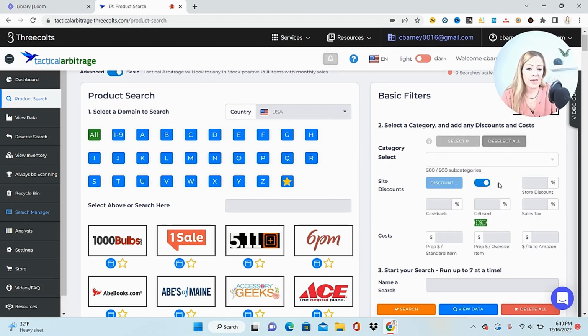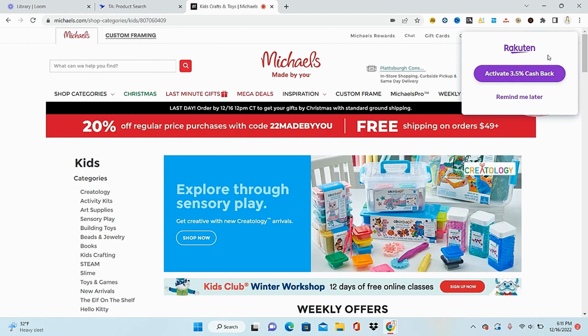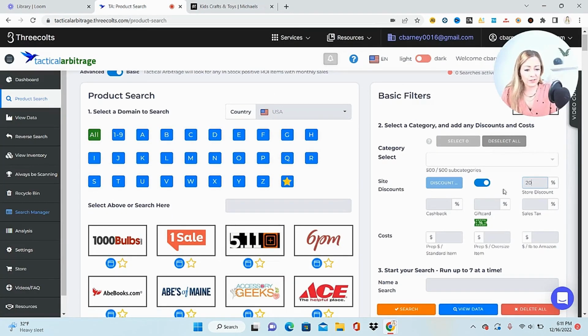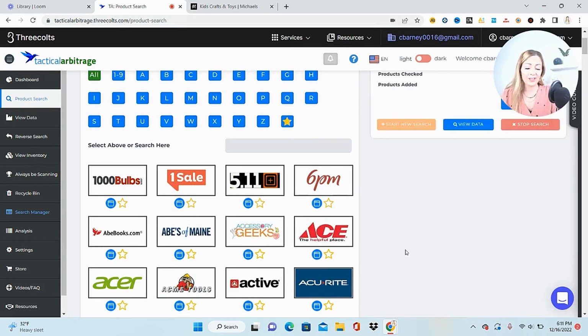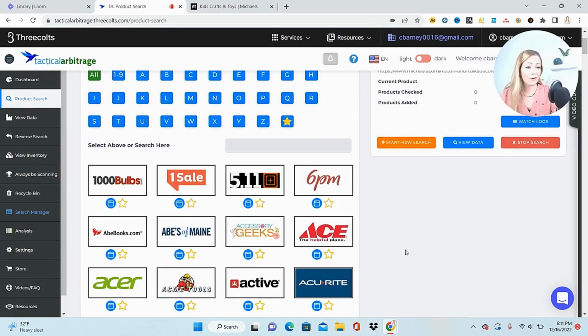This would be the perfect time to head over to the website or go to Rakuten and see if there's any discounts that are being offered right now, because you can also input that to take into effect in the search so you know better what the true price is. So I can see that with Rakuten, I will be getting 3.5% cash back, and there's also 20% off for regular price purchases. So I could put store discount 20% and cash back 3.5. Then I'm going to run the search